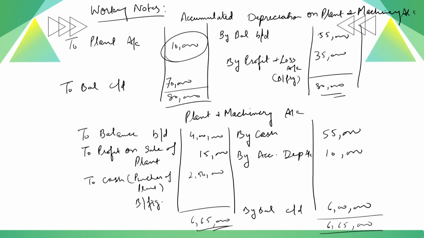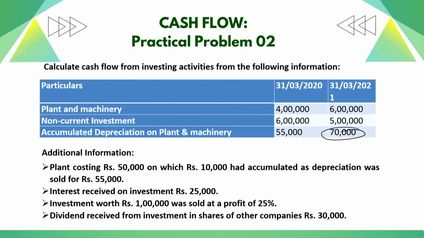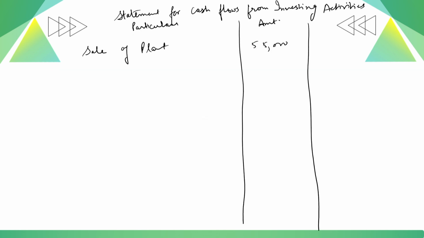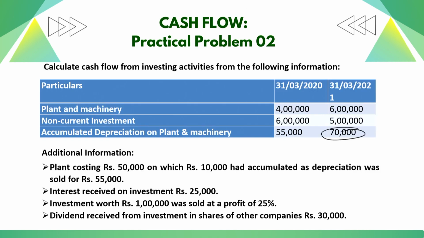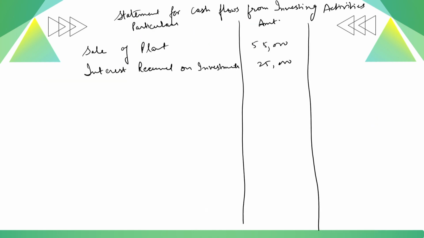55,000. And then in the question, interest received on investment is also given. It's also our inflow. So we will add it here, interest received on investments, that is 25,000. We also have received dividend from investments in shares of the other companies, 30,000. So I have dividend received,